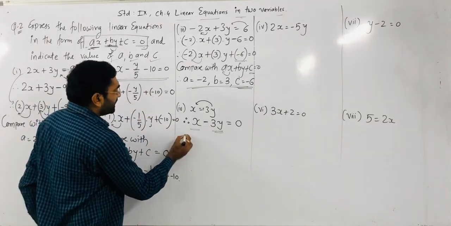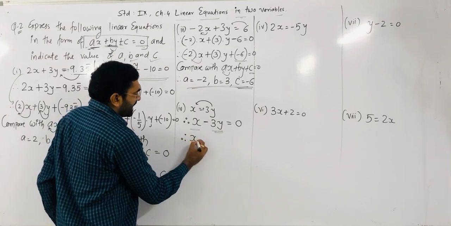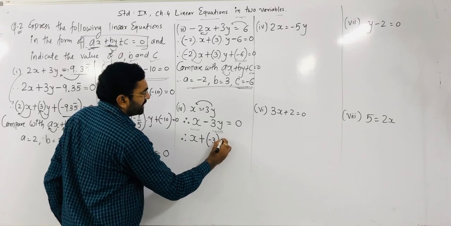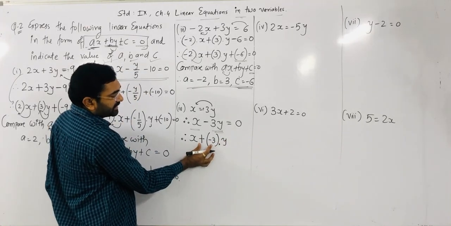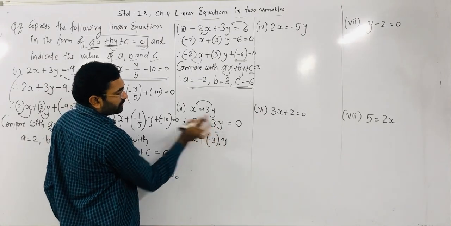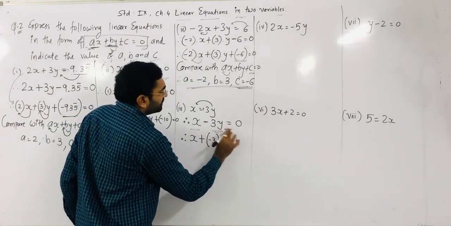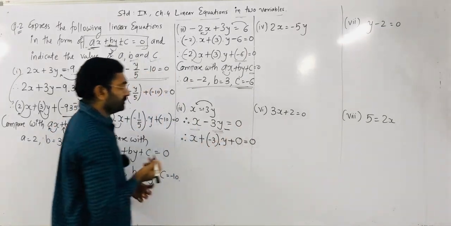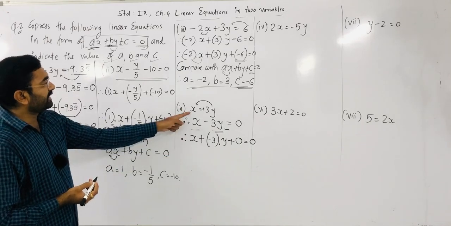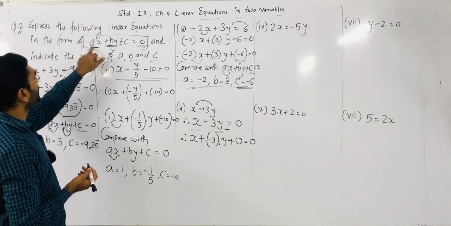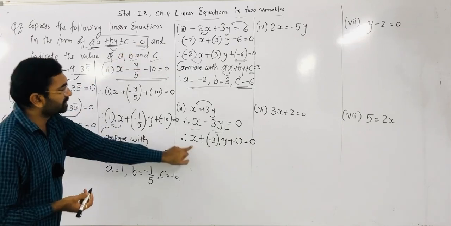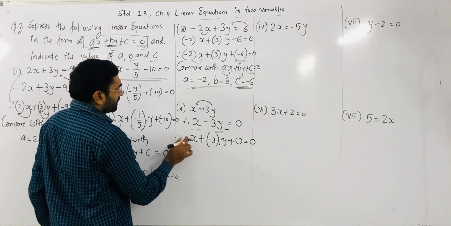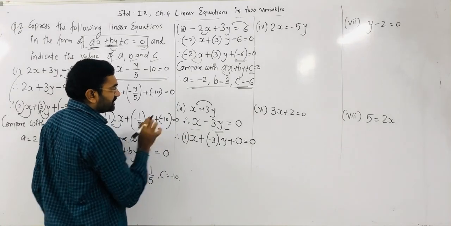So here we can rewrite that equation. x, here minus 3 means plus into minus 3 into y. We can write this because plus minus is minus. So minus 3 into y, plus, the third term is not given, so we write 0, and is equal to 0. So now we can rewrite the equation in the form ax plus by plus c is equal to 0. Whatever the x multiple is, if not given, then it is always 1.